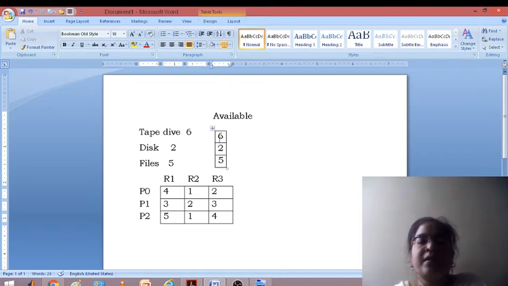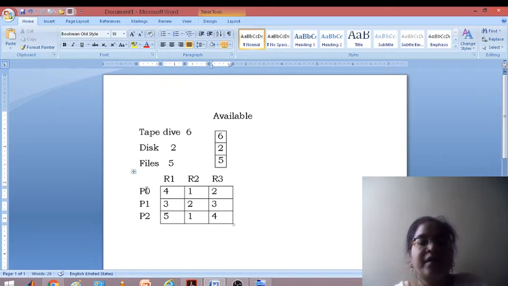So this Available is a single-dimensional array. At any moment of time it will give you how many free resources are available with the operating system. Likewise, we can view the two-dimensional matrix. Any matrix, it may be the Max matrix, it may be the Allocation matrix, it may be the Need matrix.